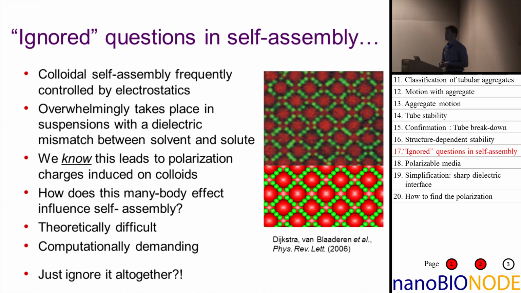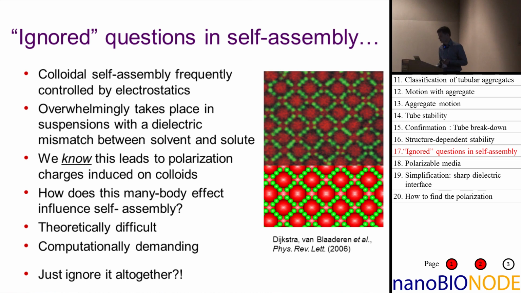And then from basic electrodynamics, you know there is polarization on these objects, polarization charge. As soon as there's a dielectric mismatch and there are charges, there are polarization charges. And my claim is that even though everybody acknowledges it, it gets almost completely ignored in self-assembly. And I know why. It is super complicated to calculate. It's expensive and it's difficult. But I could at least argue that it would be better to ignore it after somebody at least made an elementary assessment of how big or how small these effects are.